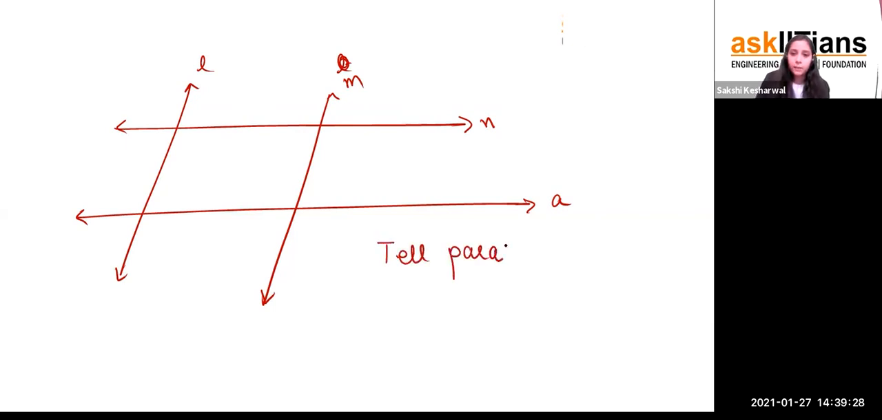If I ask what are the parallel lines over here, so what are the parallel lines? L and M. If such figures are given, they are always indicated by an arrow. Parallel lines are indicated by a single arrow for this and this. So line L is parallel to line M first, and the second is